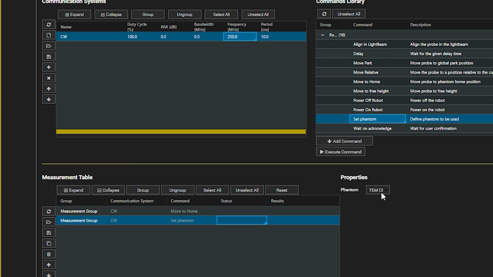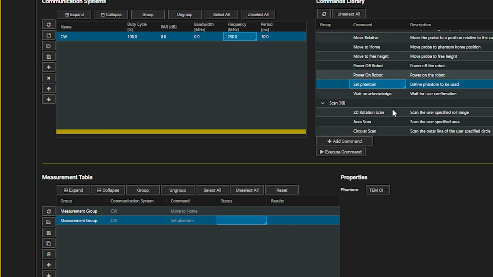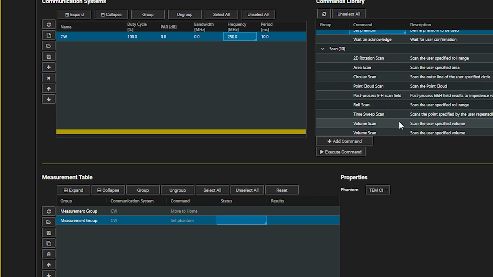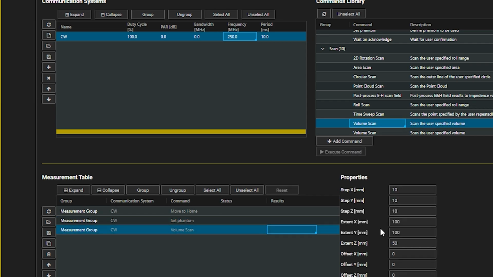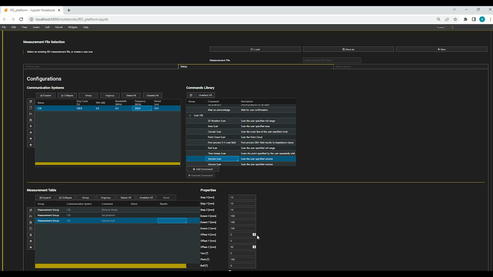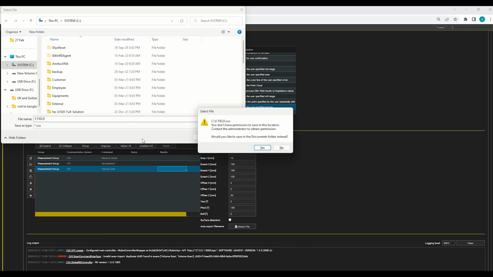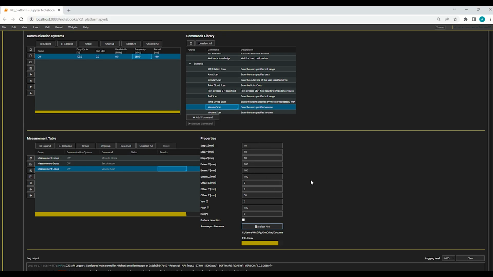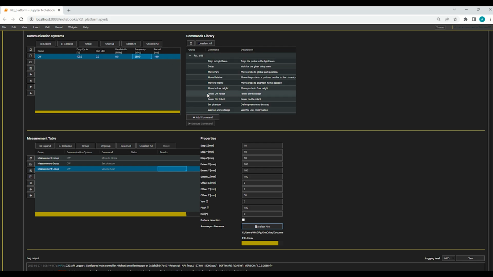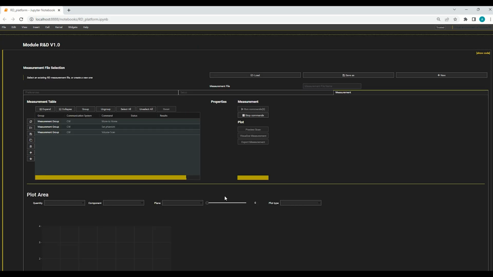Next, I add the volumetric scan command to the measurement sequence and edit the properties to the correct values for the volume inside the TEM cell. I also select the export file name for measured values. I can preview the scans to make sure I have the correct settings.